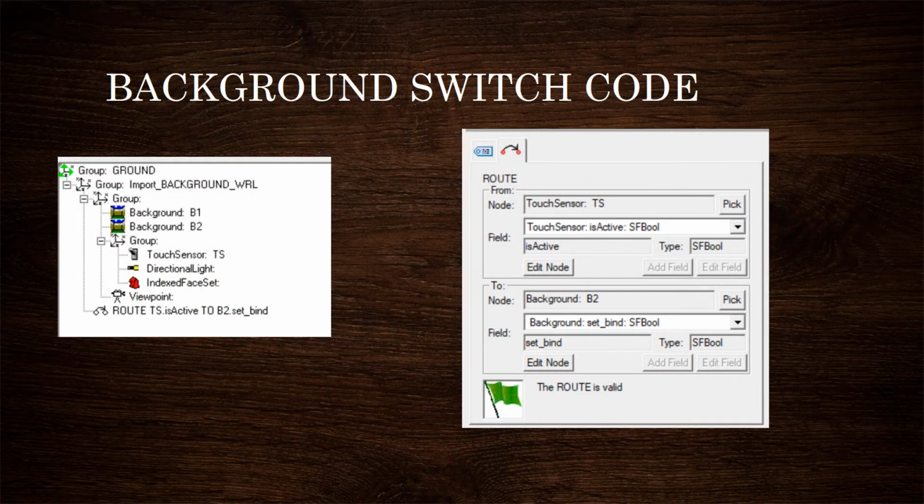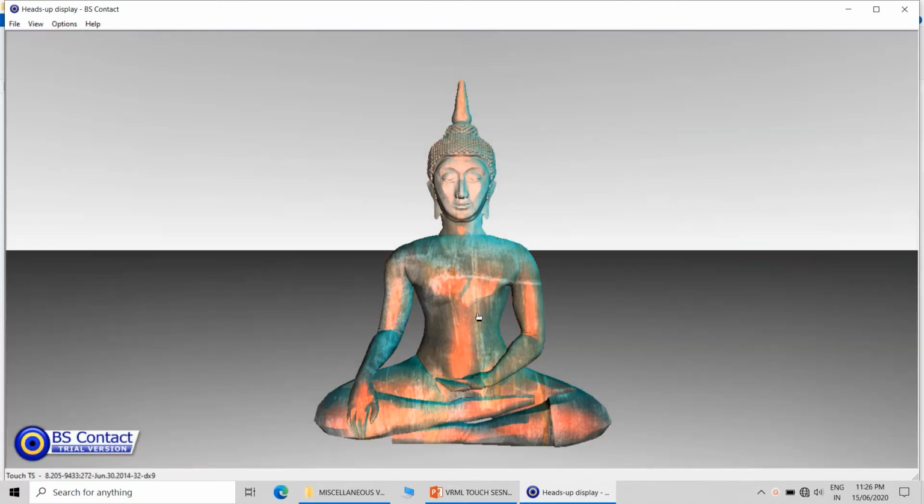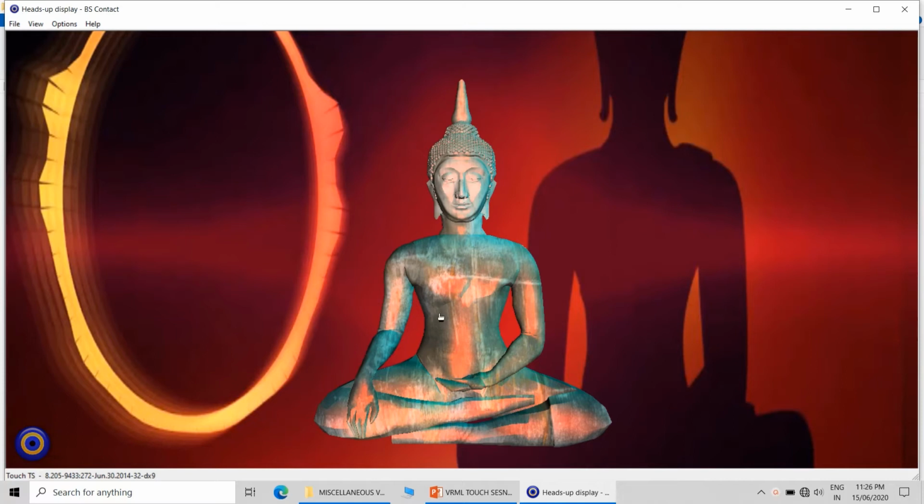The first code that I am going to show you is the background switch code. The node tree for the background switch code is given on my left, and the routes are given on the right. It is a very simple type of code, and there is one click touch sensor, and you can see that there is a change in the background.